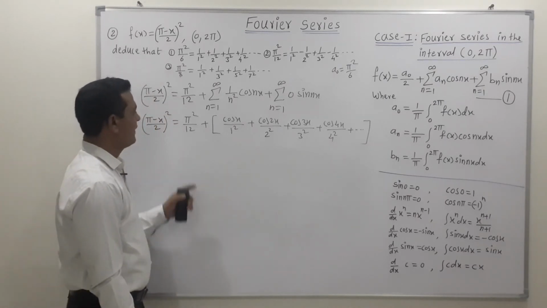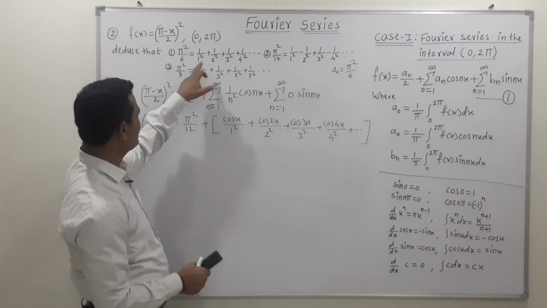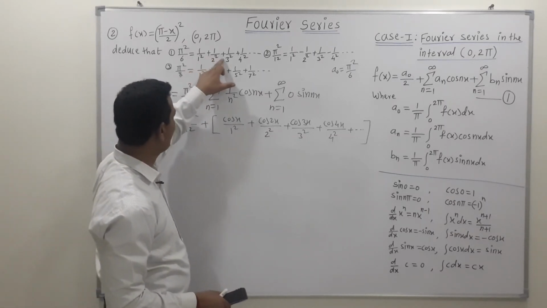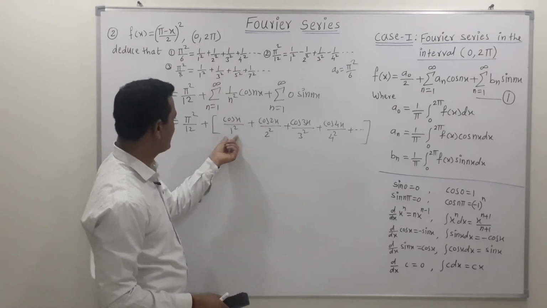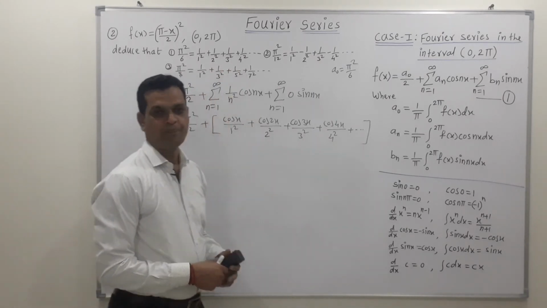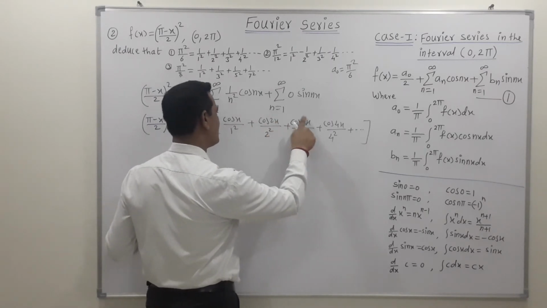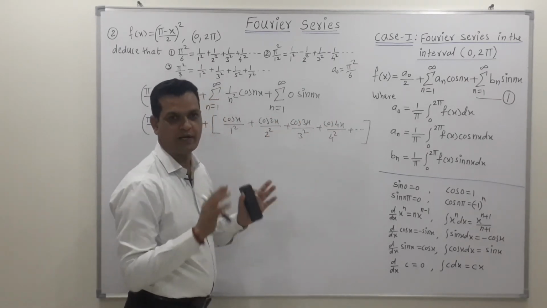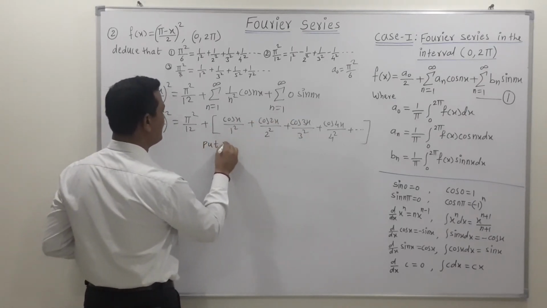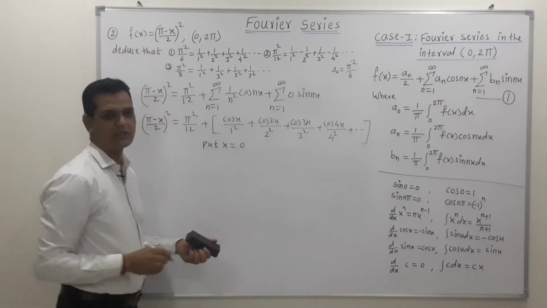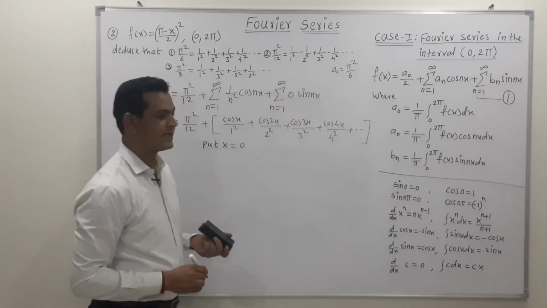Now friends, the question is how to obtain the first deduction. So now in the first deduction, everywhere the sign between these terms is plus. So now this is 1 square, 2 square, 3 square, 4 square. Now the question is to get the values of cos of x, cos of 2x, cos of 3x, cos of 4x as 1. So this is possible only when we put the value of x is equal to 0, because cos of 0 is 1, so we get everywhere the answer as 1.